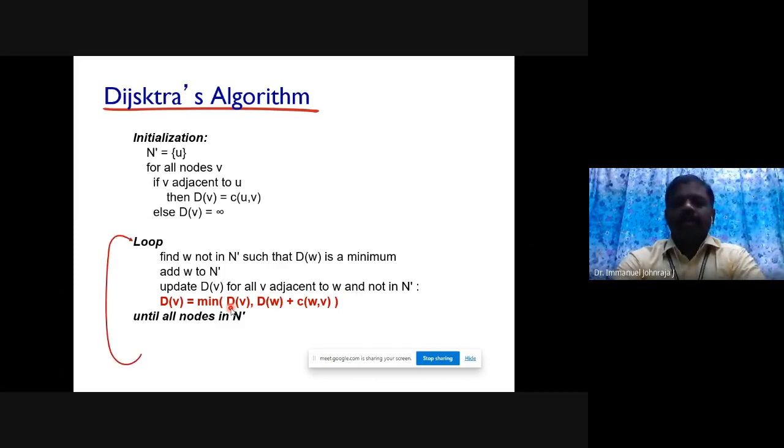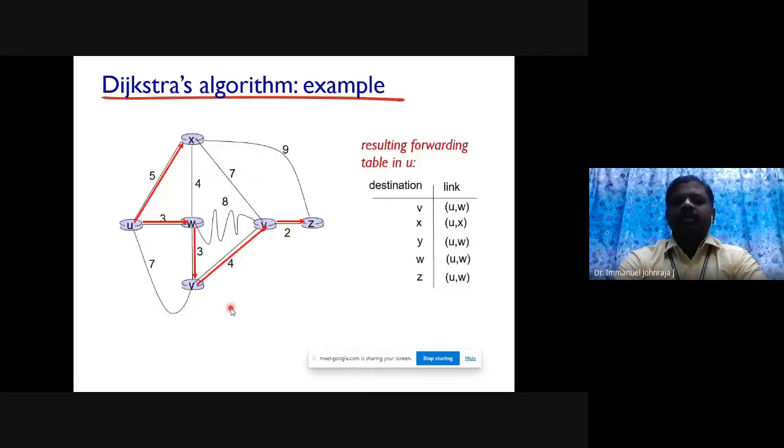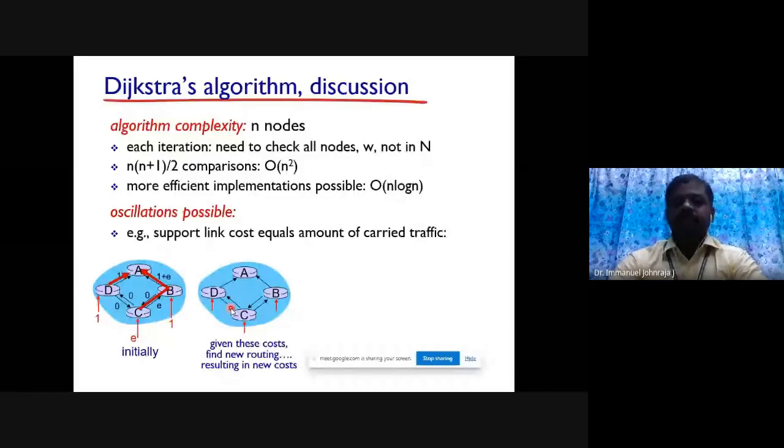Moving on, I don't dwell a lot here. We have learned about this earlier, so I go quickly. But when you talk about Dijkstra's algorithm, it also faces oscillation of route. Hope you remember that, because the path cost plays a major role. If it is routing information protocol, the hop count is taken as the metric, but in general, the path cost is taken as the metric. You can see we remember the oscillation faced by the link state routing protocol, especially because of the Dijkstra shortest path algorithm. The route gets oscillated because of the change in the load.